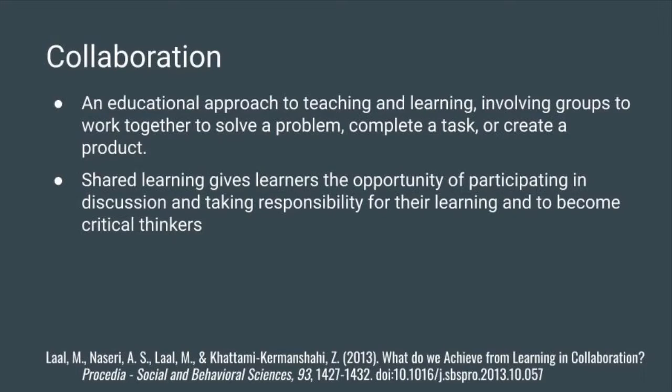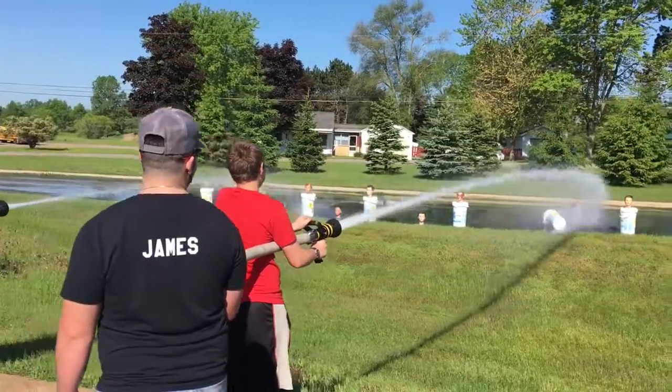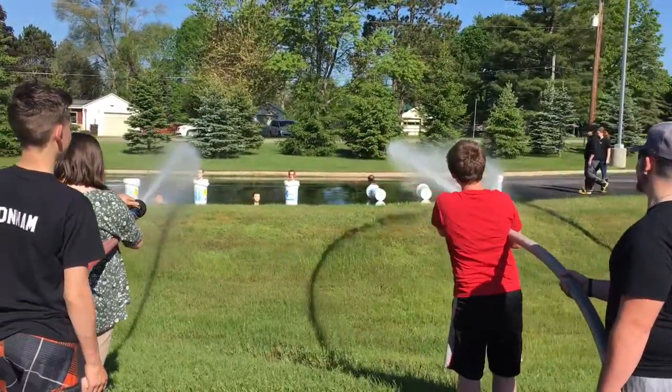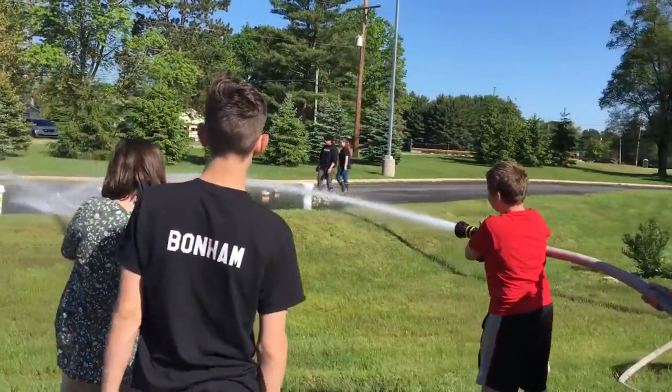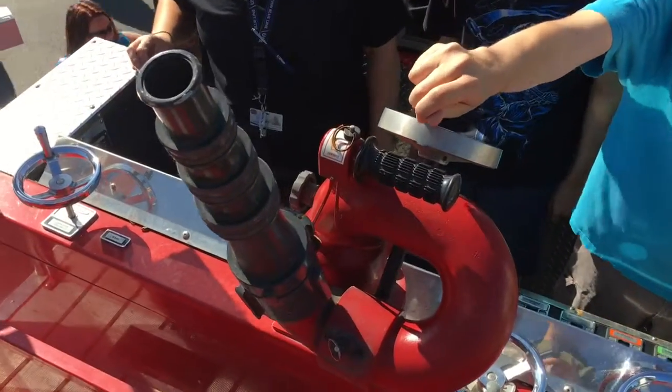In my own practice, I'm trying to produce some teacher teams so that we can collaborate more, not have silos of programs at our center, but we can have groups that work together, as well as project-based learning. Some of our students' programs work with other students to show them the different things that they do in their programs. And we also have students that volunteer their time or share with others, like at Grandparents' Day or going to